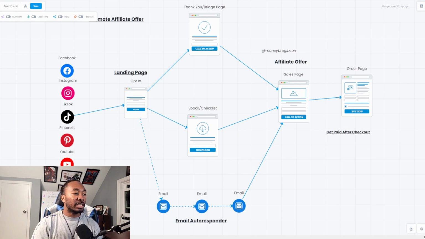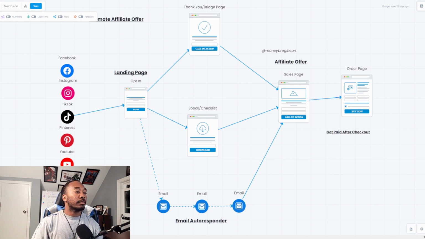Okay. And now to get people's email addresses, you can use a lead magnet, like an ebook or a checklist, etc. And the email list is what's going to allow you to keep promoting different products or the same product to your email list, as well as warm them up to who you are, introduce yourself, and build some engagement. But you don't have to do that, right? You can just forego the email opt-ins. You can just forego the thank you page, the bridge page, and ebook checklist